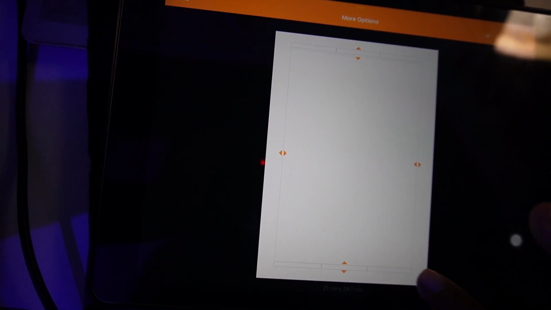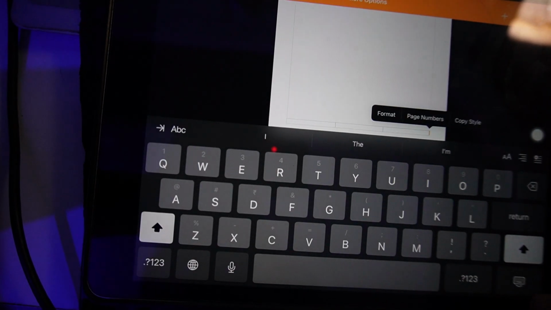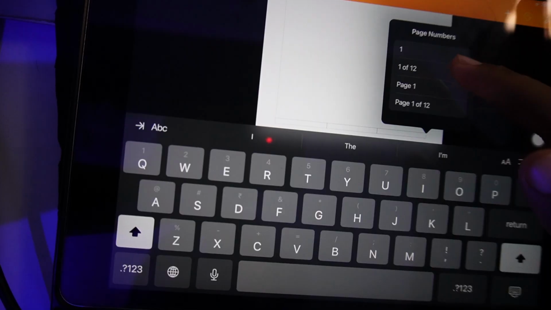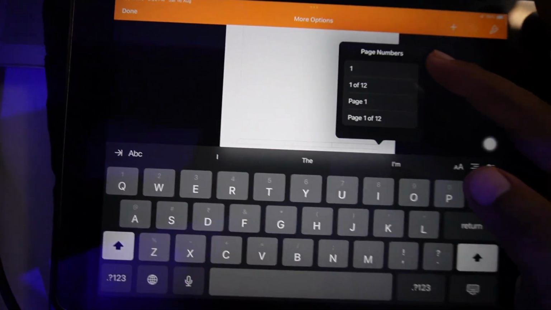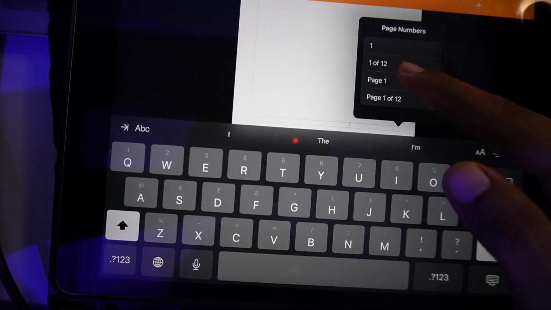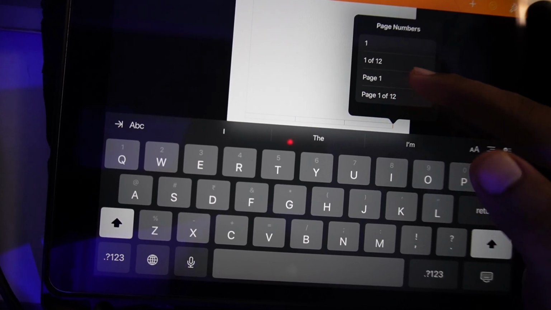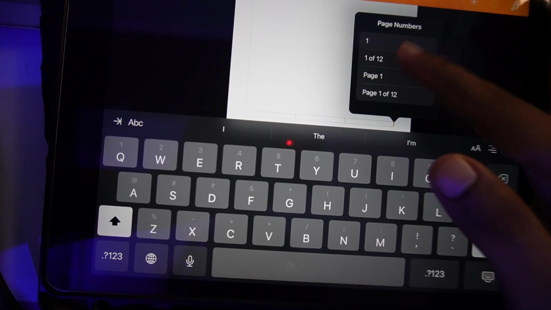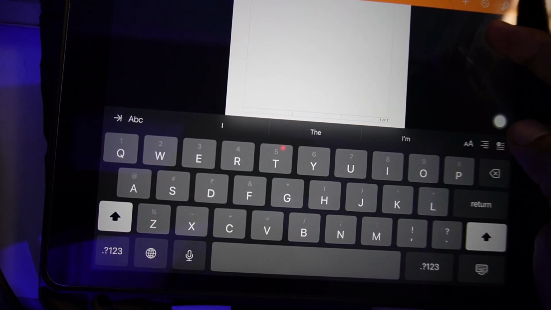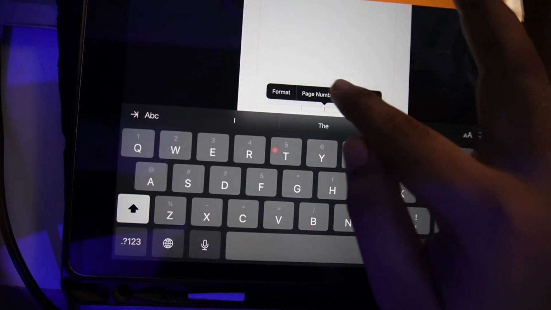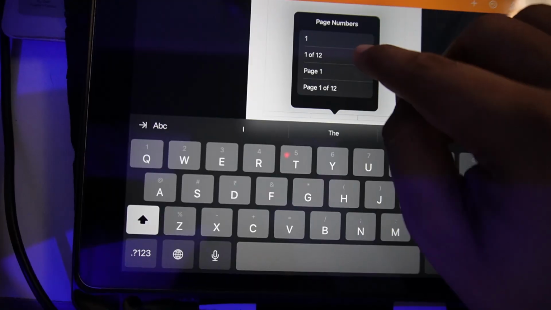and when you tap on this, now you can just tap on this at the bottom, and you can tap on the page numbers. So you can choose the format like page number 1 to 1 of 12 or page number of 1 of 12. So you can choose the format. So I think the second option is not looking cool. So you can enter the page numbers in the center as well.